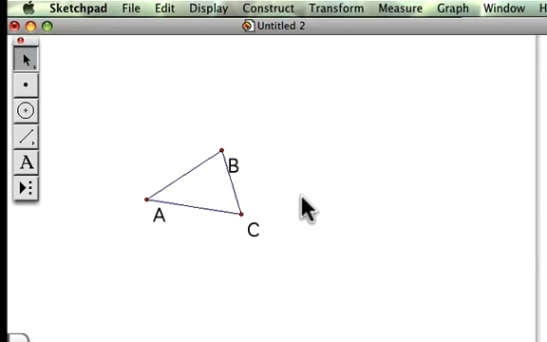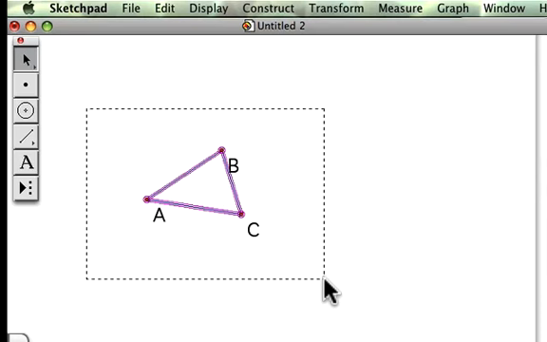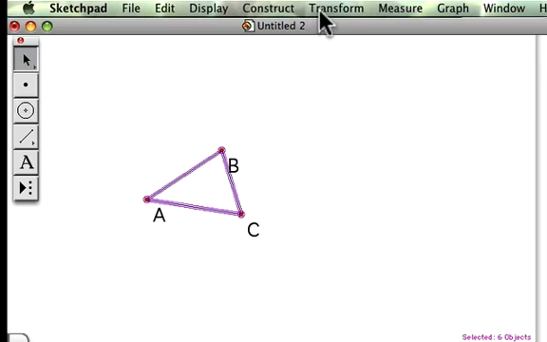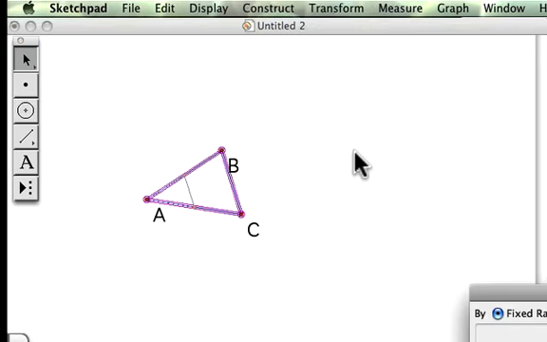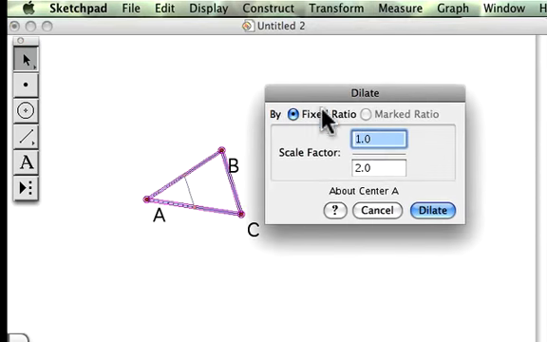Now you're going to select everything in triangle ABC and go to the Transform menu, and you're going to select Dilate. And for Dilate, you're going to enter 3 as the top part of the fraction and 1 as the bottom part of the fraction. So you're going to change this to 3 over